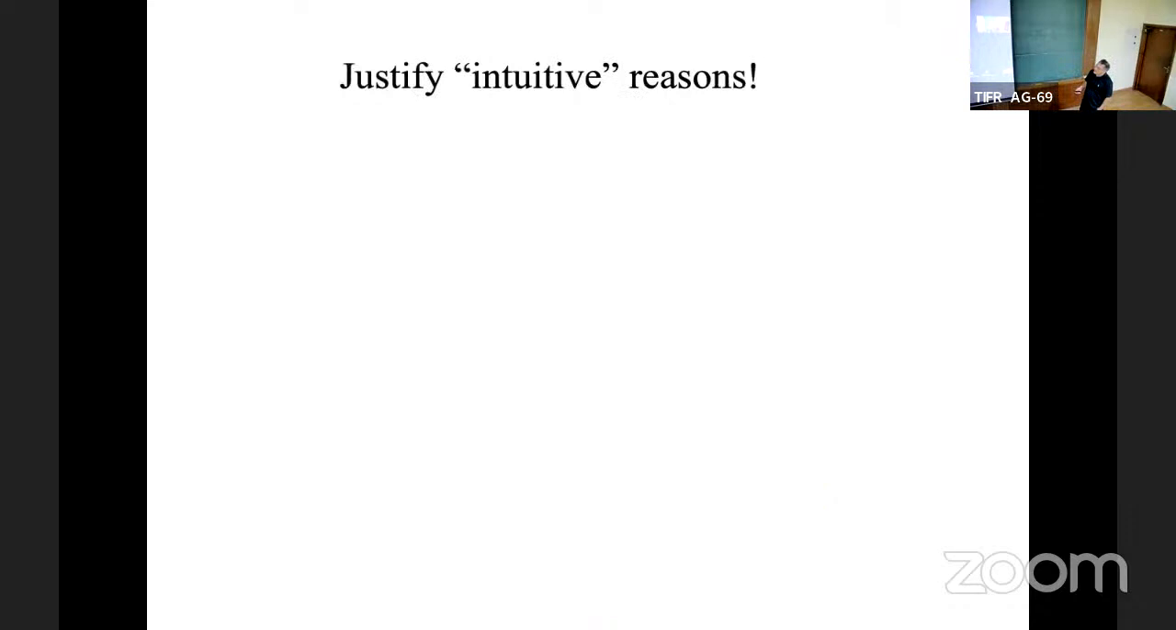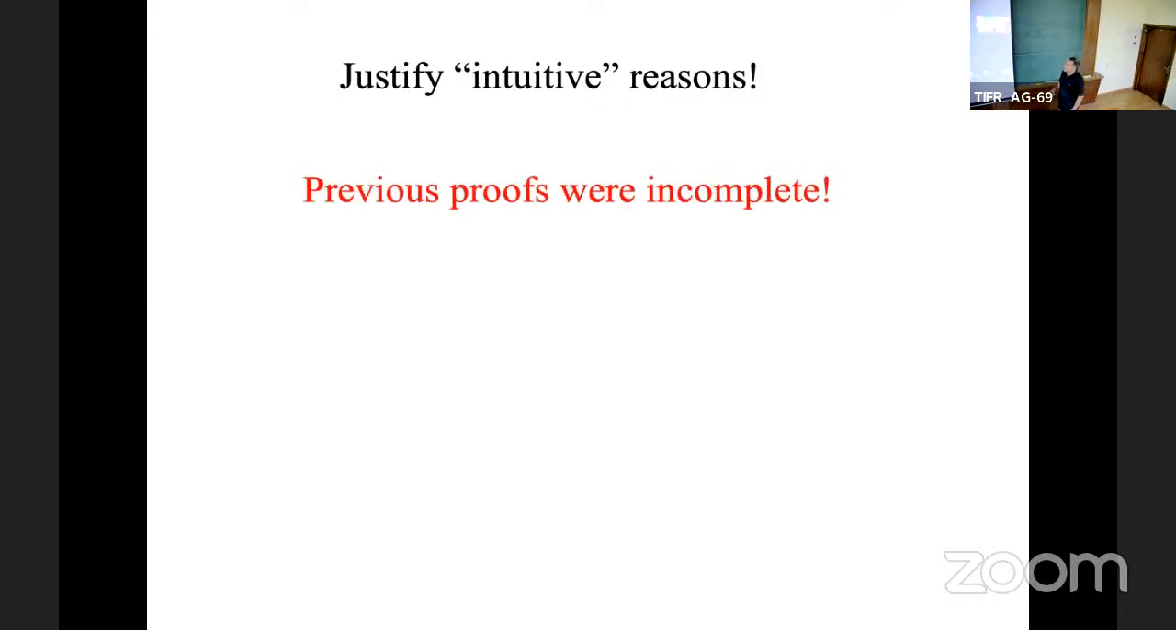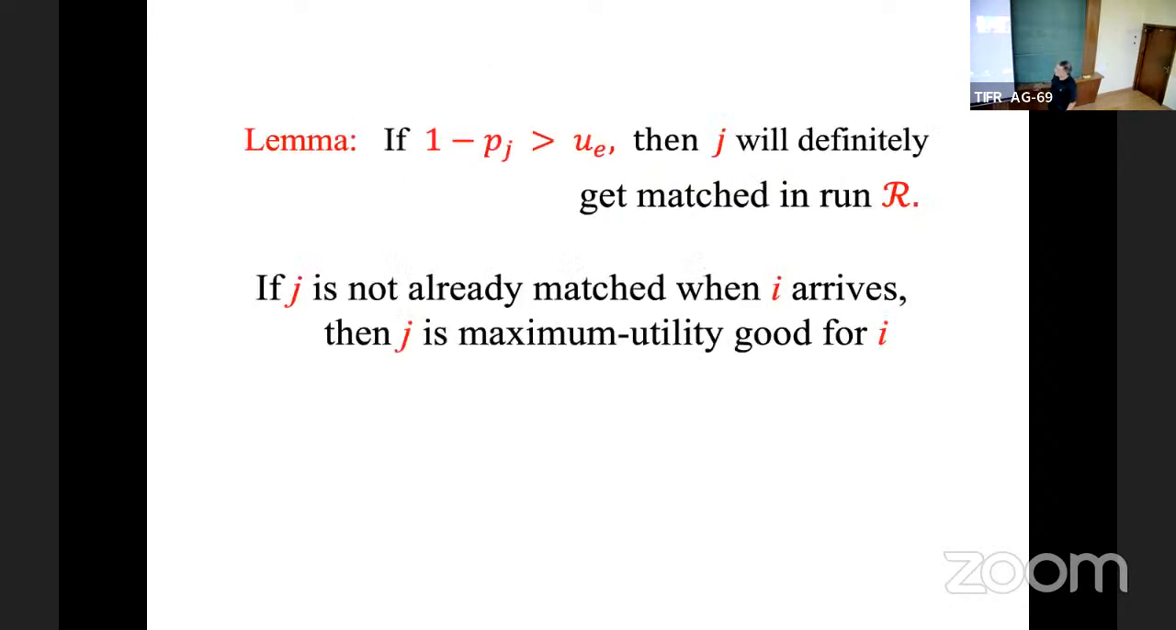So I made two intuitive statements, and I have to give proof for that. Otherwise, the proof is not complete. And it turns out that those intuitive statements, even though they are true, those proofs were not given by the previous papers. In particular, this fact, which everybody nodded their head and said it's obvious, is not at all obvious. That if